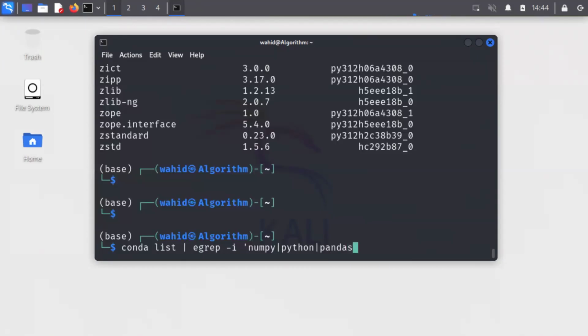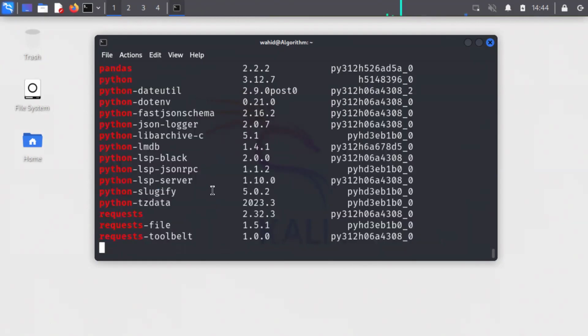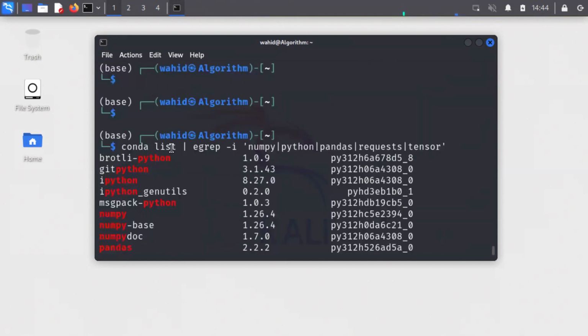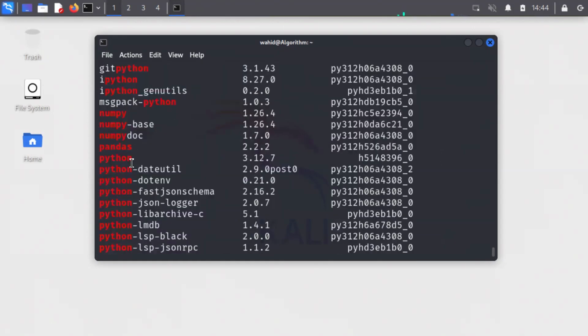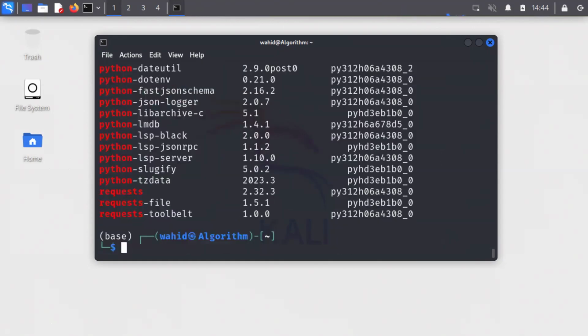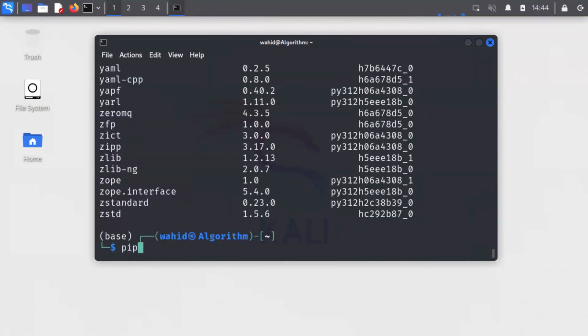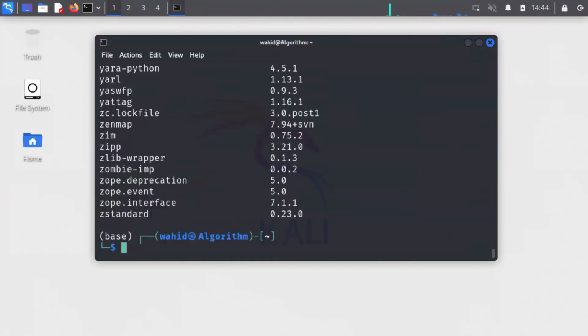pandas, and then requests. So any package that you're looking for, TensorFlow, "tensor" is good enough for TensorFlow. Any package that is listed here, you could search for. And if it's not there, you could install it. The installation is similar to pip, so conda list is similar to pip list. The only difference is pip is the default